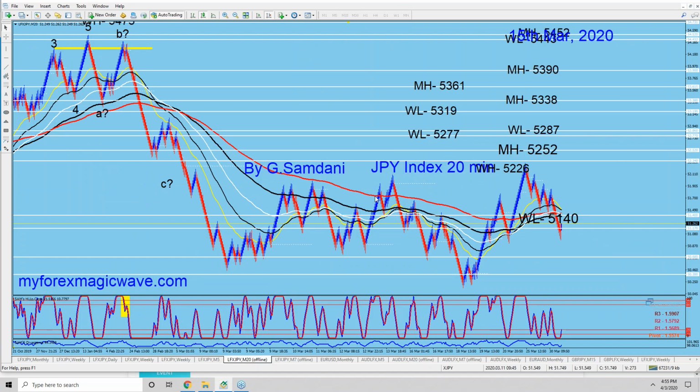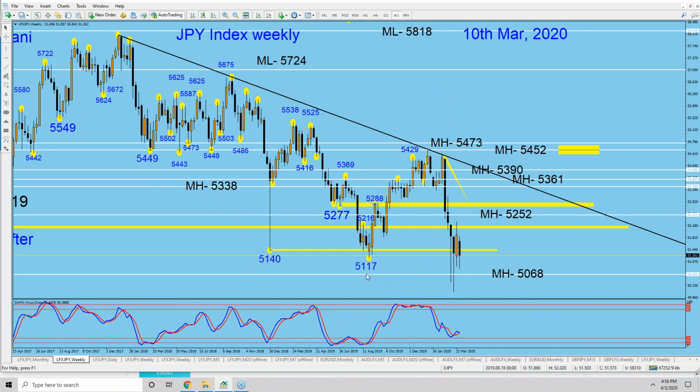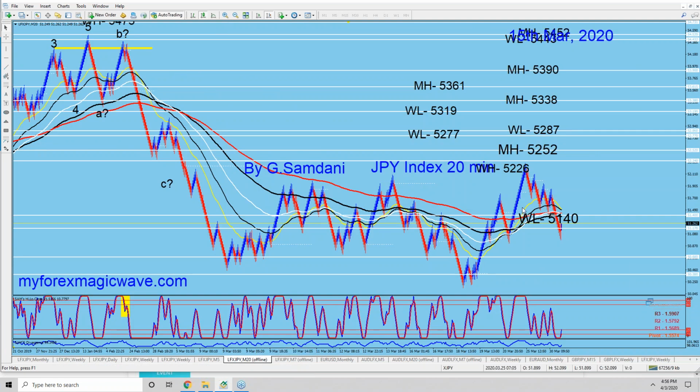Let's take a look at the 20-minute chart, and this is how it is. So it's a drop here and a couple of times. This is the 50.38, right? So it started to go up, and then I thought maybe we're gonna hold on to this 51.40 and then go. But look what's happening right now. We are below this number, and even below the other number. What is the other number there? 51.17, and we are now doing what? 51.26. So we are just above that, but we are below 51.17.